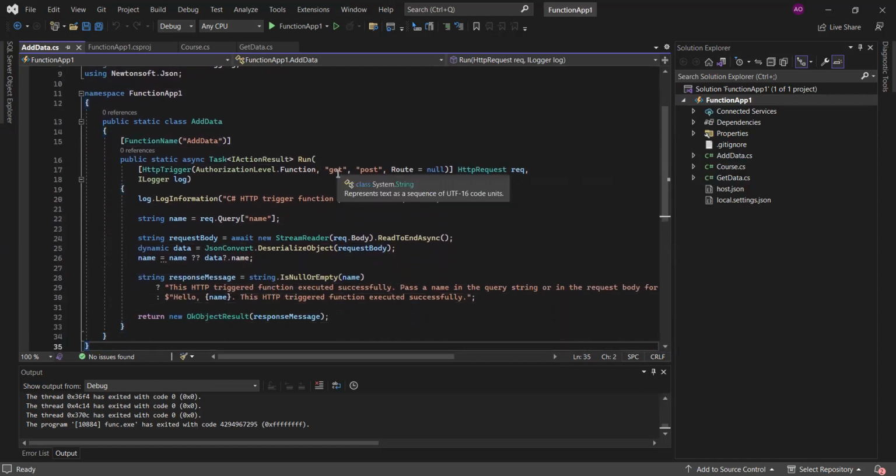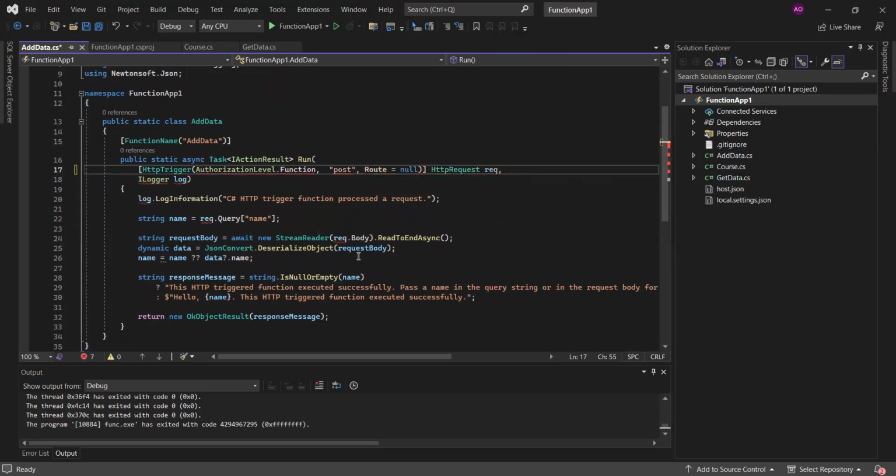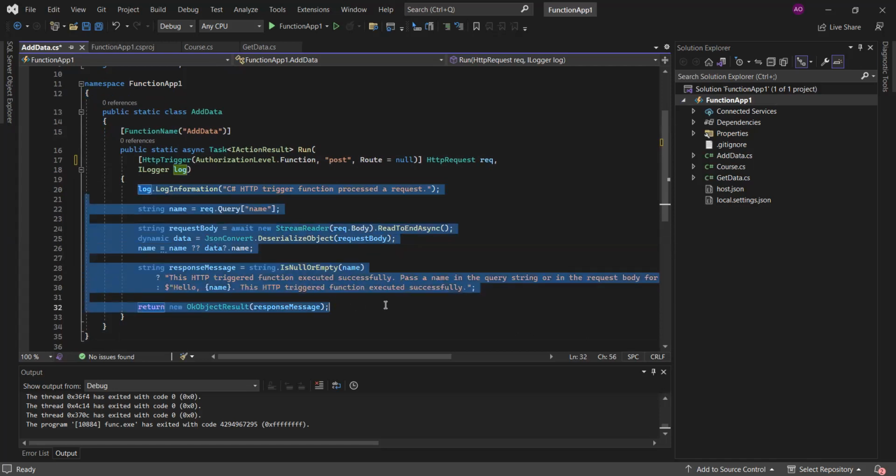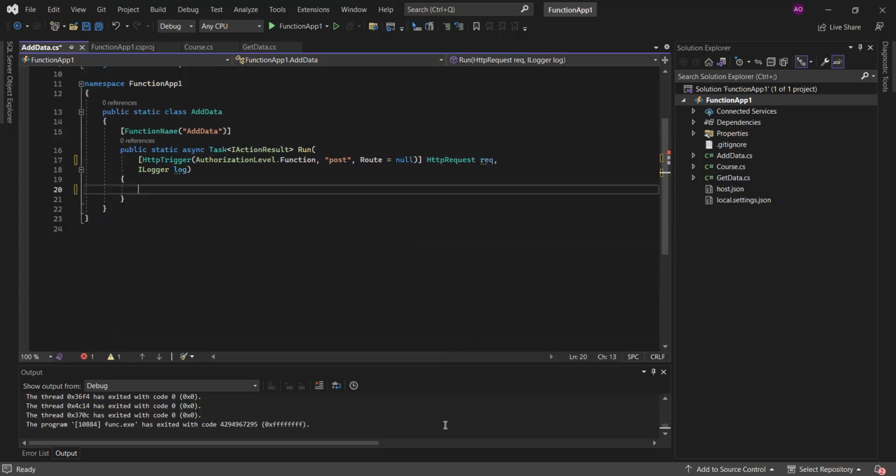One of the first things that we need to do is, because we are going to be dealing with post requests alone, we can remove the option for gets over here. Since we're working with posts, we want to add data to our database. Another thing we are going to be doing is, let me remove this default content. I'll be removing this and replacing it with